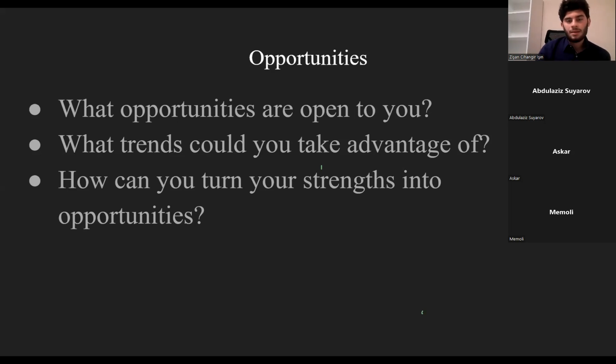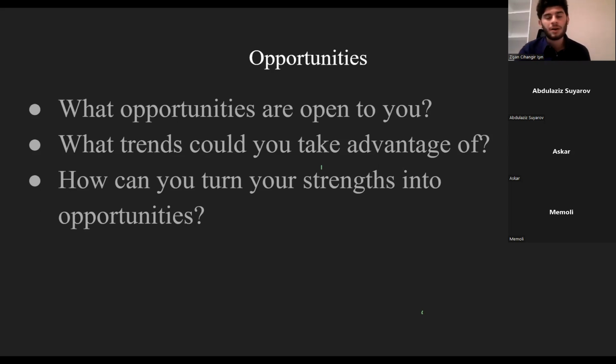The main thing about the opportunities part is, what are the current trends in the world, in technology, or in your business, local business or global business. You can look at the trends and see what the business is going into, like the next 10 years, 20 years, and what your current advantages are, what your current strong points are that will turn these trends into an opportunity for you.